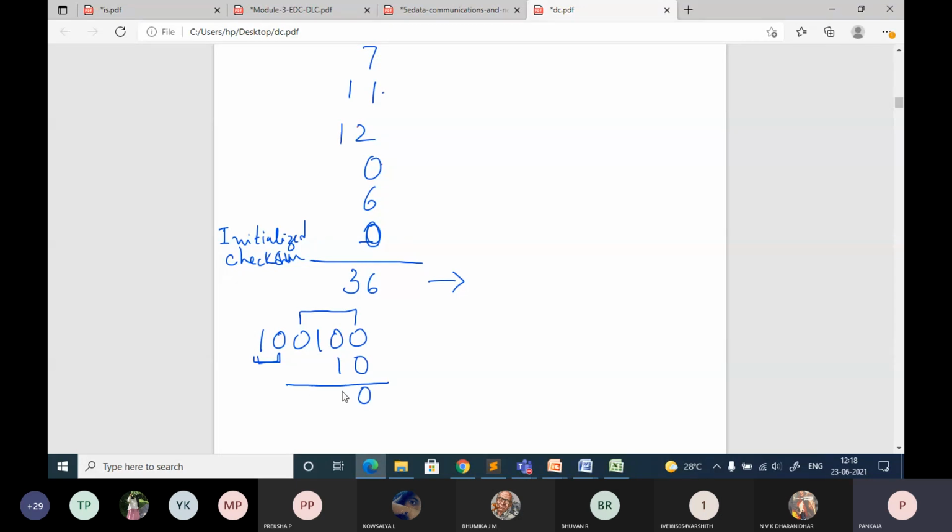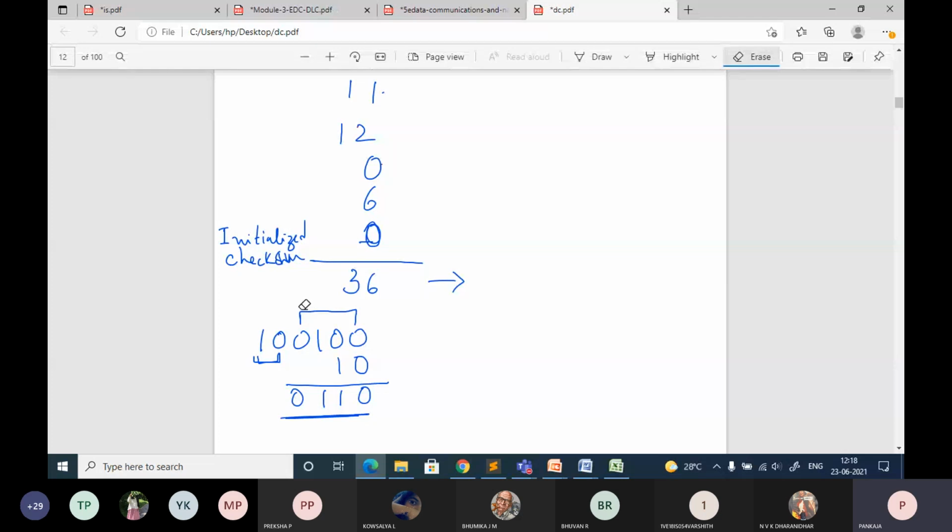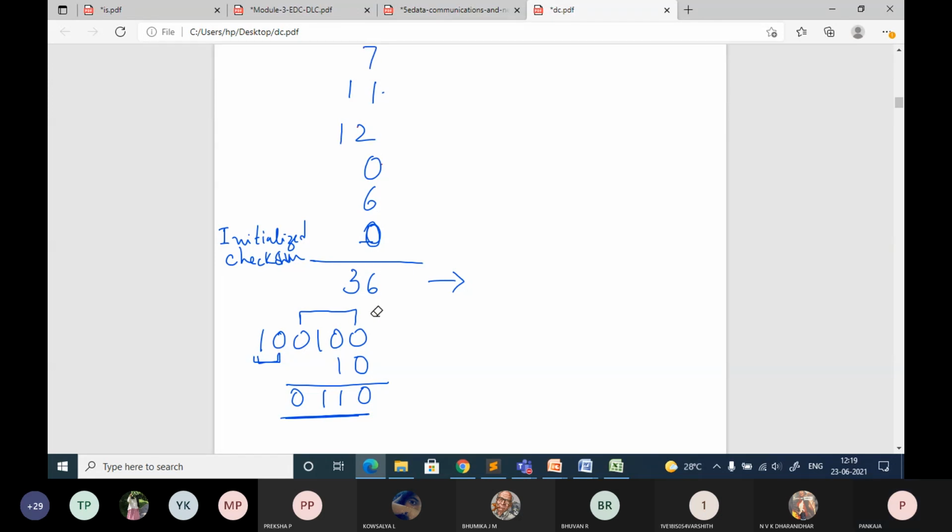So what you got is the sum. In the textbook they have not given this step, but you need to follow it whenever the result exceeds the number of bits specified in the problem. Is it clear? Just note it down. Everybody understood? Even if it is 16 bits and your answer comes in 18 bits, the same procedure you need to follow. That's all.